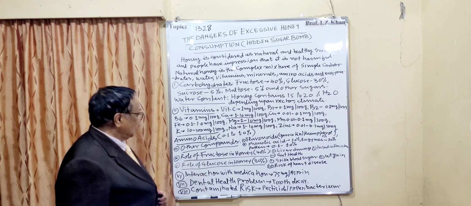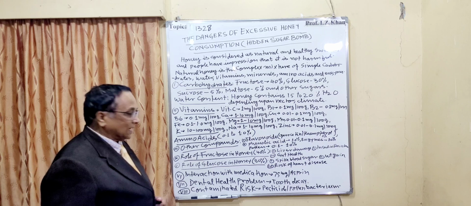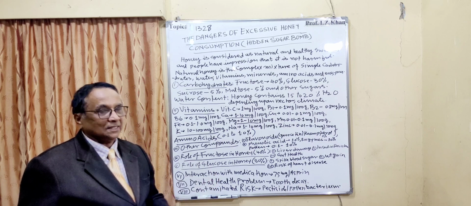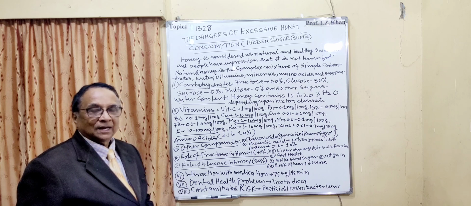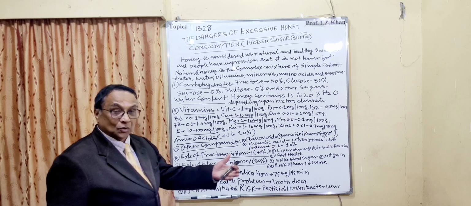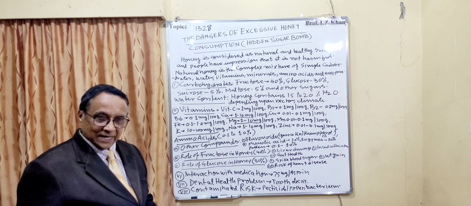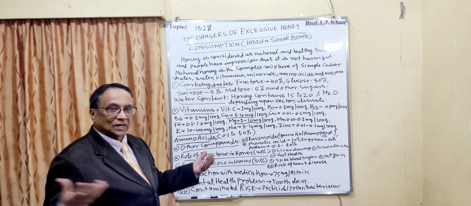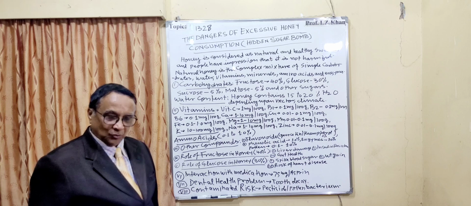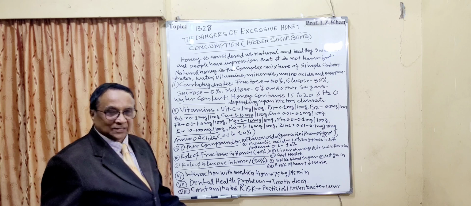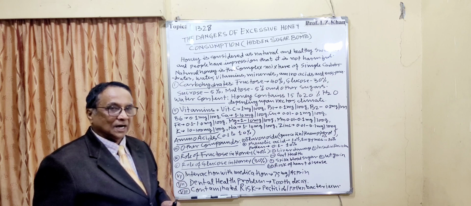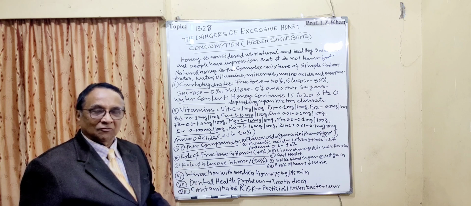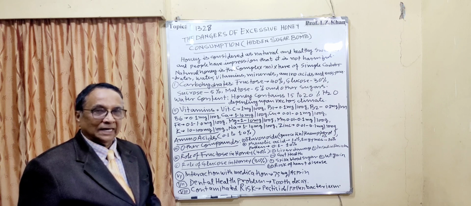And then number 5, role of glucose in honey, that is 30% glucose. First, spike in blood sugar. It will increase blood sugar, and once blood sugar is increased, a lot of sugar will be in the blood, and you will have cardiovascular problems and diabetic condition, and also insulin resistance. Then number 2, weight gain. Once you are regularly taking excess honey, like a food, combining with any other thing, then you will have a lot of weight gain, you will have obesity. And then number 3, risk of heart disease. As usual, I have already discussed that once your blood has a lot of fat, LDL, and triglycerides, your heart will be under pressure, and there will always be a chance of blood clot formation, and that means